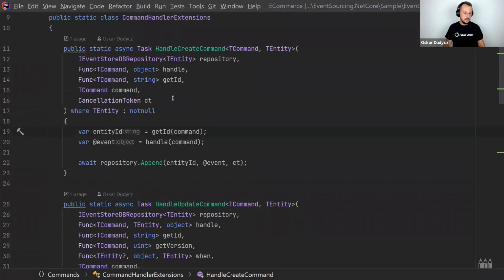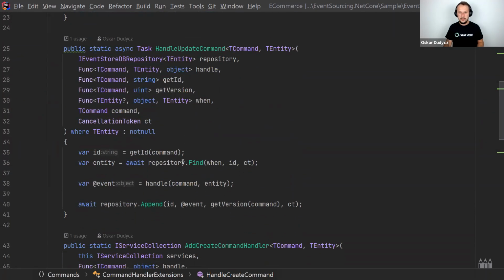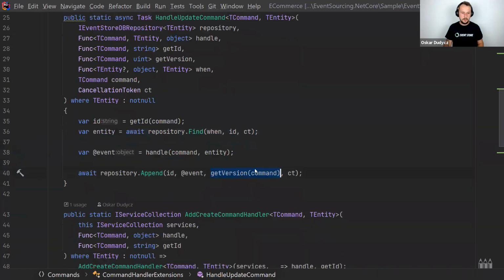So how to model comments? We can have a static method. That's a typical scenario. So handle create comment. We are getting an event entity ID from comment, and then we are running the handler, and then we are calling the repository to append the newly created event. And for update, we need to first call the repository find, then we are running the handle logic, and again we are appending with the version that we take from comments